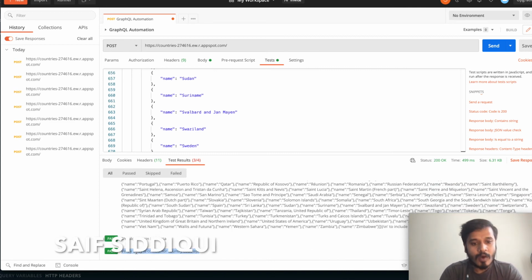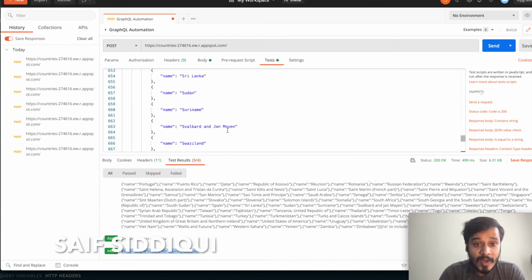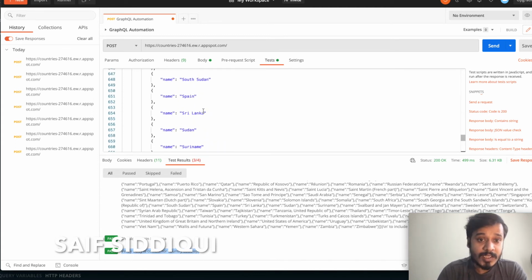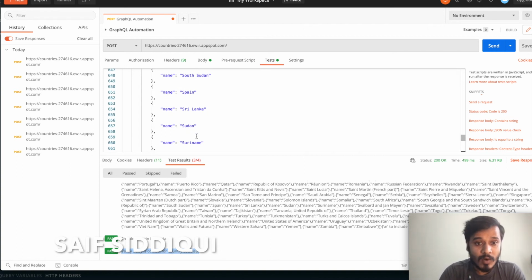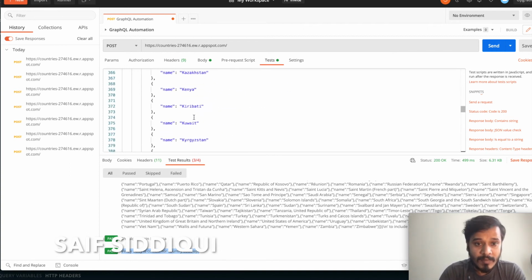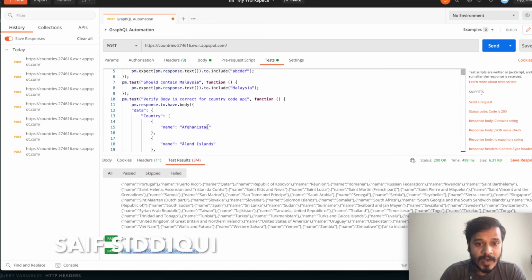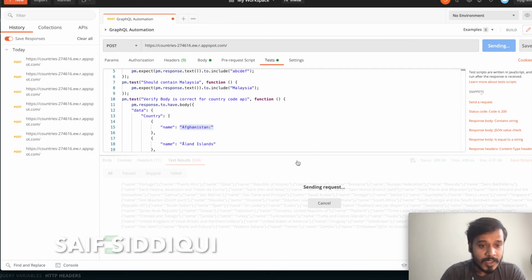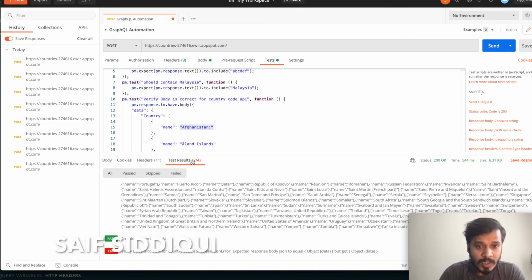Okay, so now you can see our test case is passing again, but if you want to validate that this response test is working fine or not, maybe I can just add in the beginning, I can just modify this to something like this is also a string, and it should not work fine because it will try to find Afghanistan with a semicolon. So now let's see if this is working fine or not. You see there are two failed test cases, and here is the failed test case which is here.